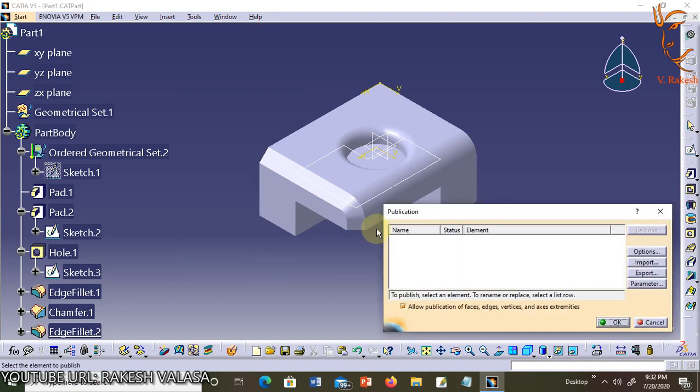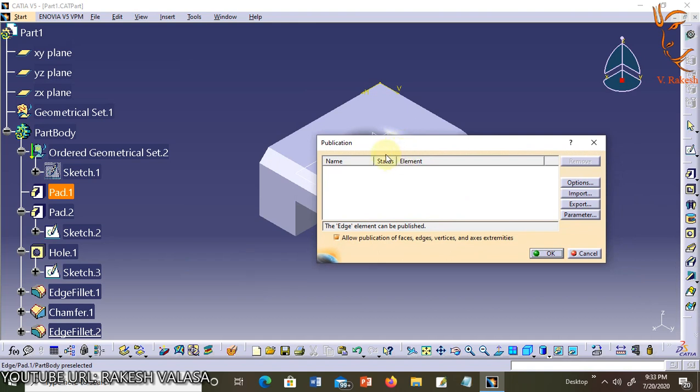This tool allows you to publish part bodies and entities. From this window you can import the part body and publish and export. Notice that there is a new publication branch added to the specification tree.